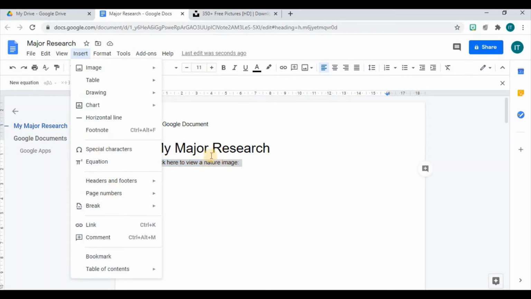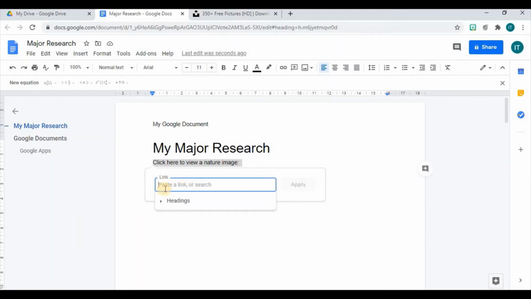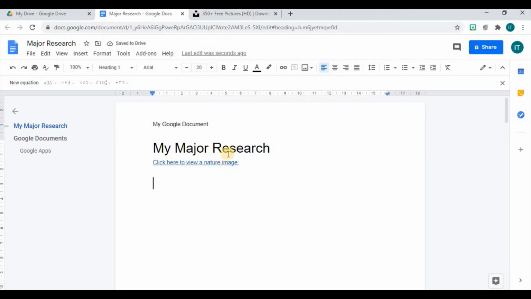So as you can see, I highlighted that area, then I click on link, and what it does now is to ask us for the link. So once I enter the link in there and apply it, then automatically you realize that it is now clickable. So when I send this document to someone, when they click on this link, they will be able to be brought to the location where the image was saved, because the instruction said to click here to view the image. So once they click on this link, then they would be able to view what image it is